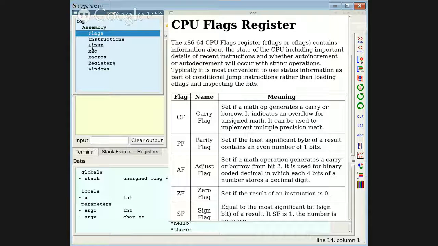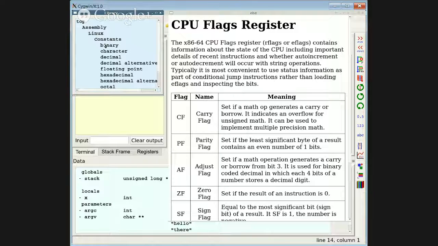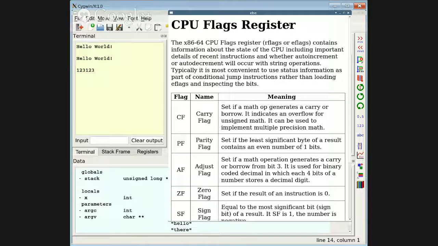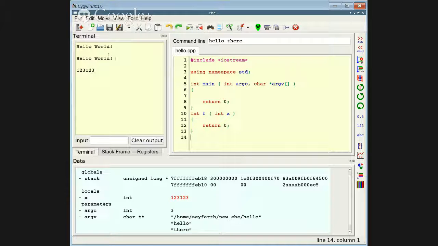The flags register, Linux constants, binary constants. It's a lot of files that aren't working today. I don't have any clue why. I'm going to ignore that and kill these windows and go back to some more stuff that's kind of general purpose. All right. Going back to the view menu,